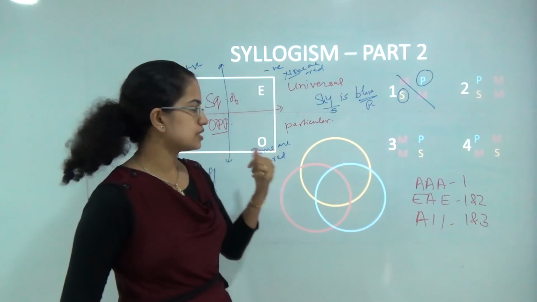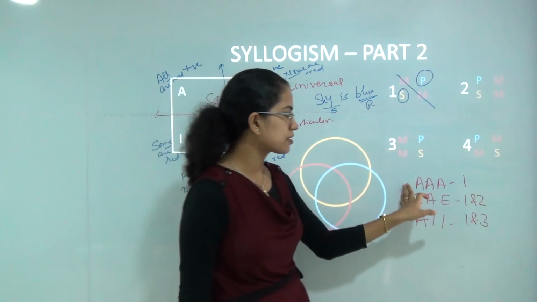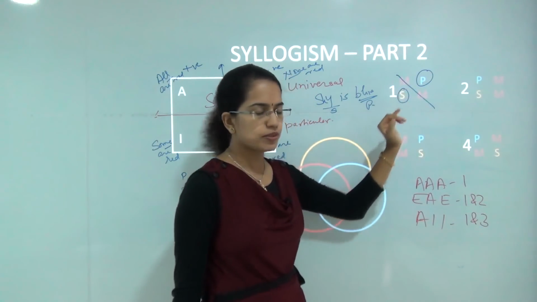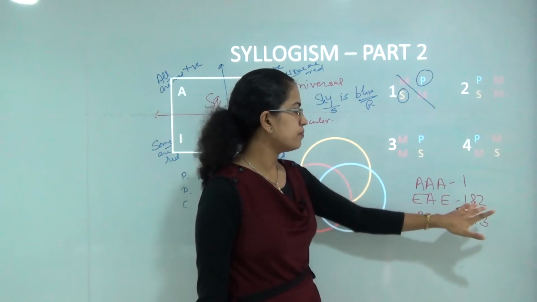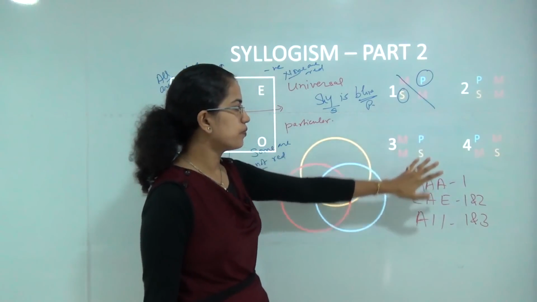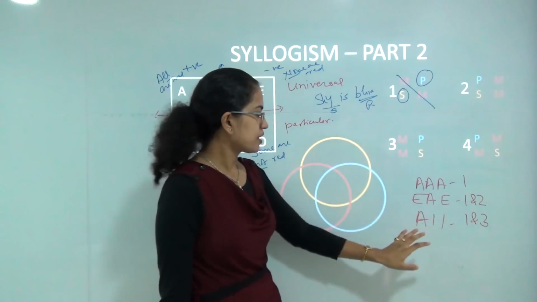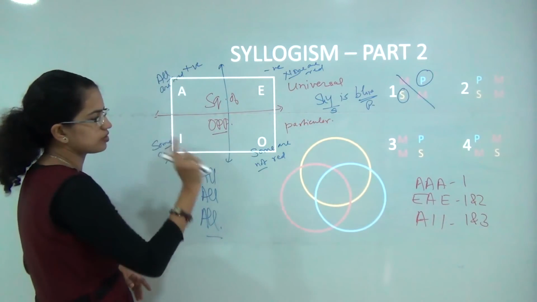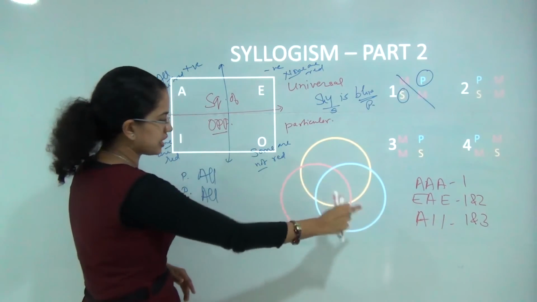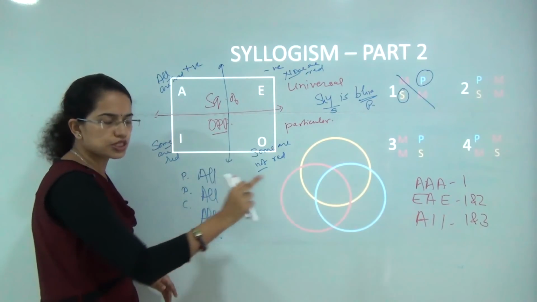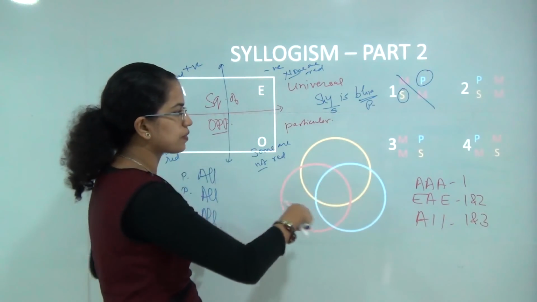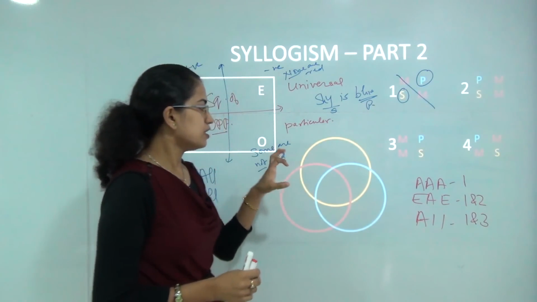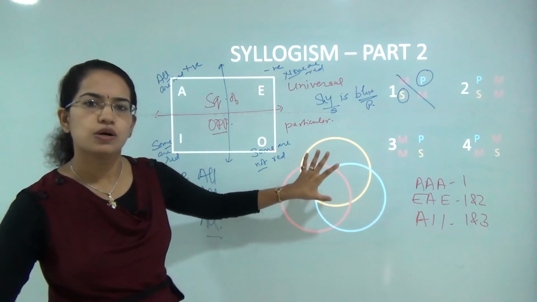Now in every case that we take from the square of opposition, like we did the three examples yesterday: in AAA, only case 1 comes to be true. In AEE, cases 1 and 2 come to be true, and the remaining are invalid. In AII, cases 1 and 3 are valid. AII, for example, would be the first premise starting with all, the second with some, and the conclusion again with some. Whatever way we try to understand the structure of a syllogism problem, the only method to solve it would be a Venn diagram.